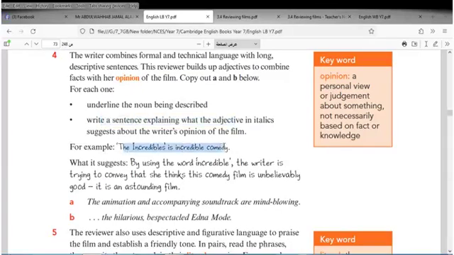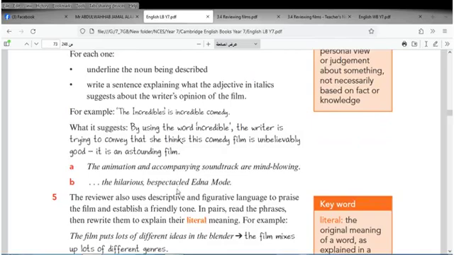Example: The Incredibles is an incredible comedy. It suggests, using the word incredible, that the writer is trying to convey she thinks this comedy film is unbelievably good. It is an astounding film. Now, the animation and accompanying soundtrack are mind-blowing. Focus on this. And we have the second one, the hilarious,